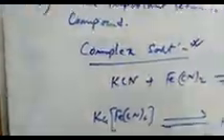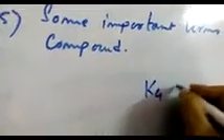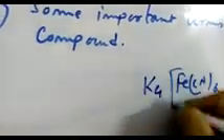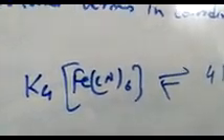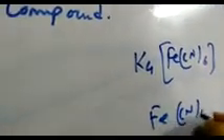Our next topic is perfect and imperfect complexes. Perfect complexes are a special complex where a complex ion exists in aqueous medium. Suppose I am writing potassium ferrocyanide, K4Fe(CN)6. If I ionize the same, potassium ion and ferrocyanide ion will be formed. Further ionization of ferrocyanide, that is Fe(CN)6 4-, into ferrous and 6 cyanide ions is not found, it is not possible.